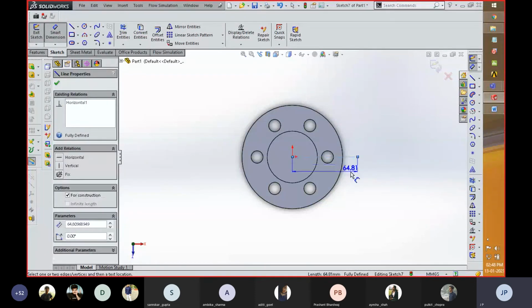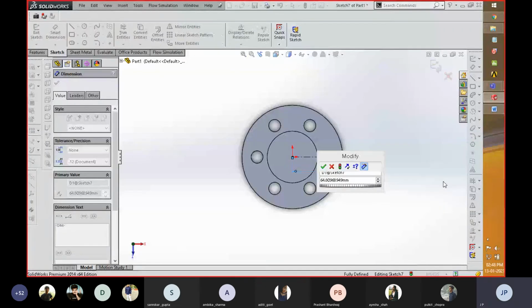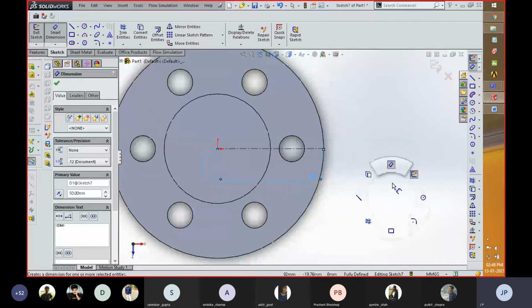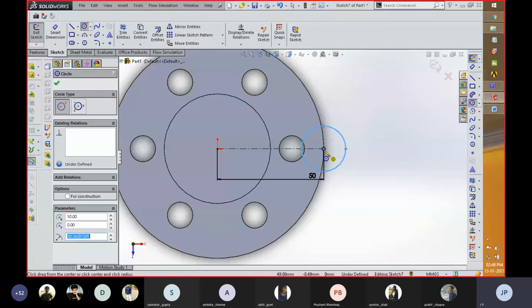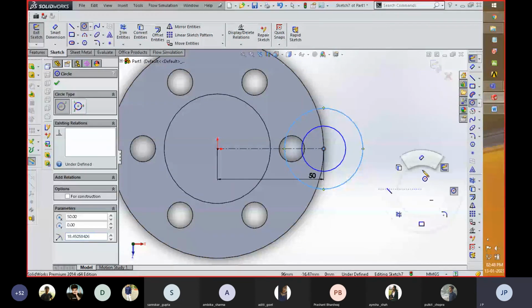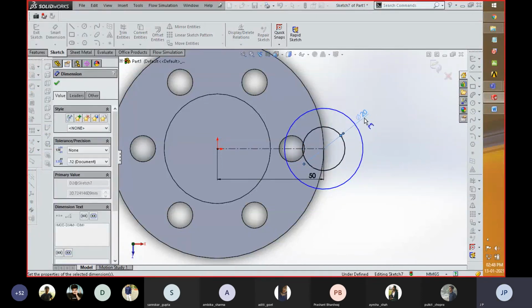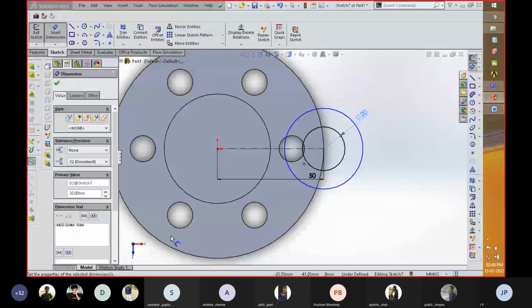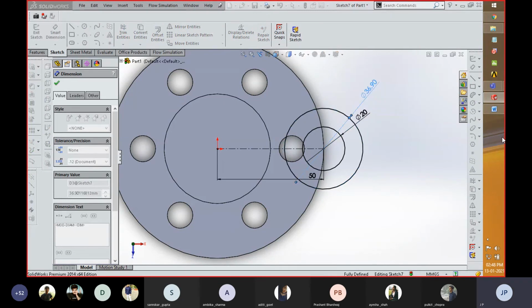For giving the dimension, I'm going to give this value of 3, and then I'm going to create two circles. One is 12.5, the other with a diameter of 25 millimeter.